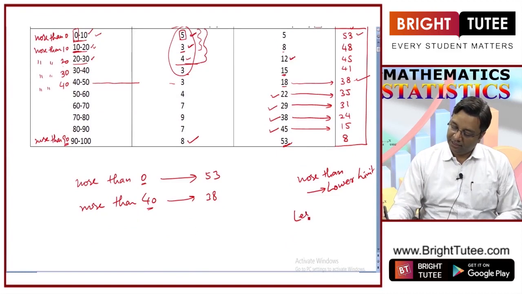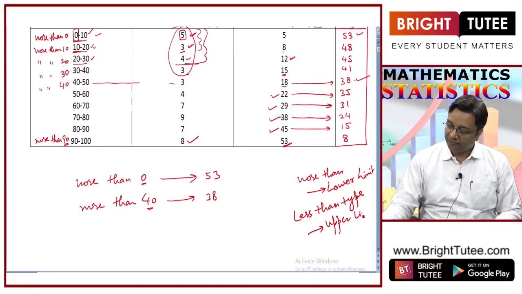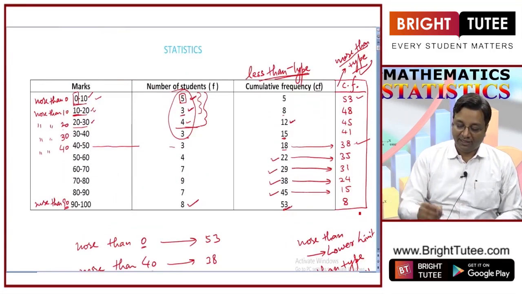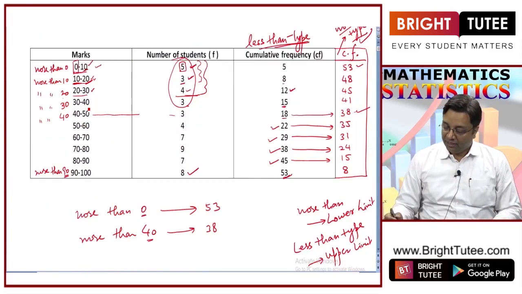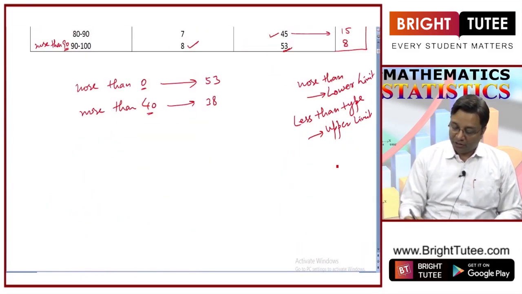Similarly, for less than type, you require upper limits, right? When you talk about less than 10, less than 20, you require upper limits, right? Now, if I plot this on a graph,